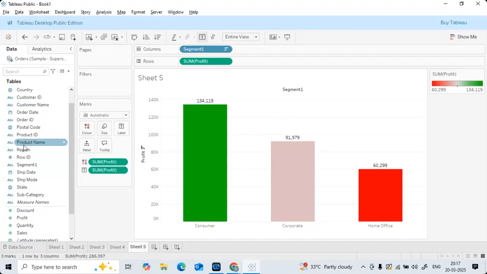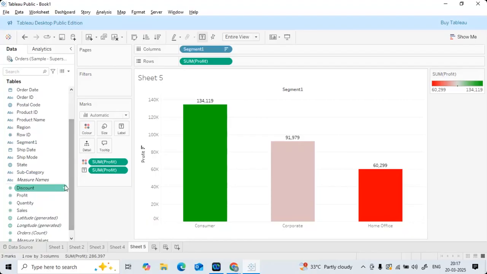Got my point? Dimensions and measures are separated with this small demarcation line. Is there any line here? Focus on this. Above the line are the dimensions, below the line, measures. Now if you look closely, is profit numeric or non-numeric? Numeric. Sales, quantity, discount, all numeric only. Obviously color coded with green. Below the line, it's a measure.